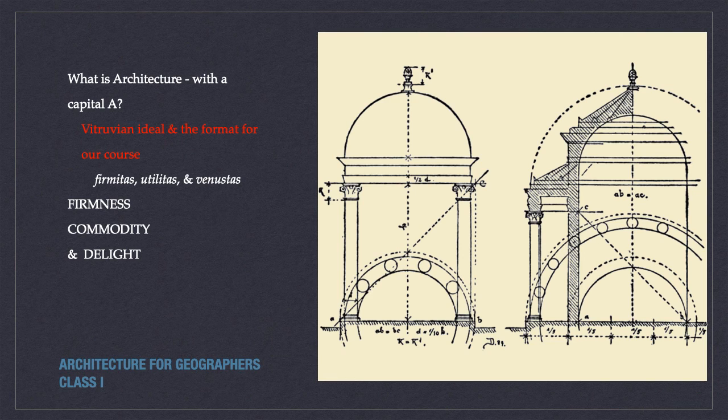It's the only full text on architecture to have come down to us from antiquity and was a primary source for the renaissance of classical architecture. This woodcut from a 15th century translation certainly looked familiar, clearly a pretty direct inspiration for Bramante. The famous dictum from the text has guided many in the profession to this day: firmitas, utilitas, et venustas, or as I learned in translation 50 years ago, firmness, commodity, and delight.